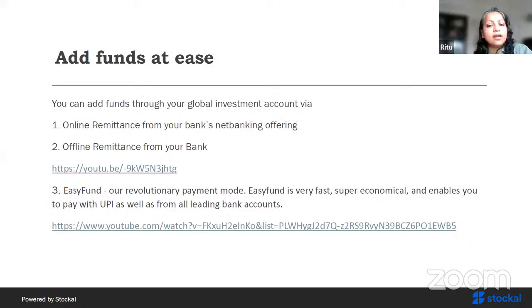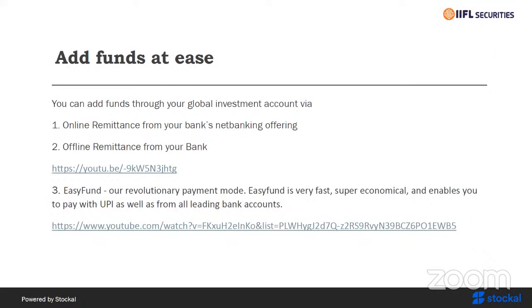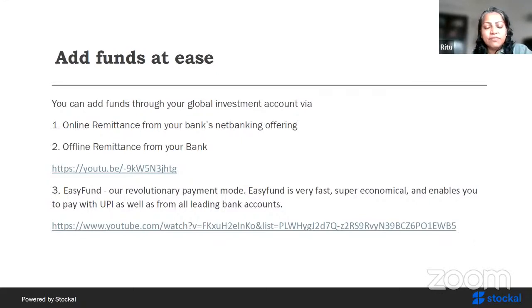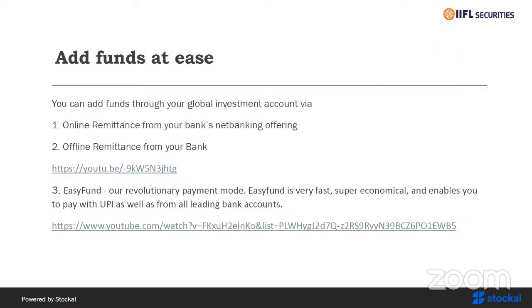Once you click on easy fund, it will ask you to update your bank details from where you want to transfer the funds. Once you put in your bank details, you will receive an email from Digio for your KYC. It is a one-time process only. You need not do this each and every time when you send the money. So once you receive the email from Digio, please go ahead and input your KYC details, which they will typically ask for your Aadhaar, your PAN details, etc. Once that is done, Digio will send you a